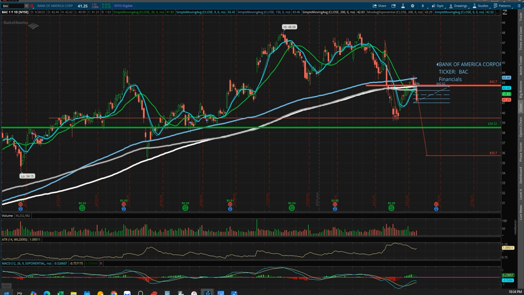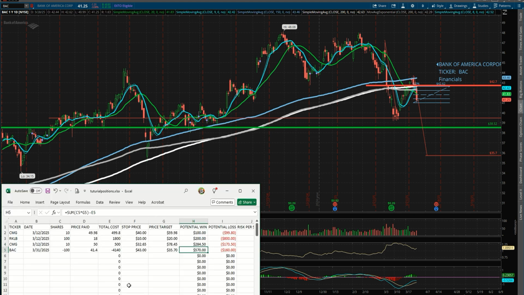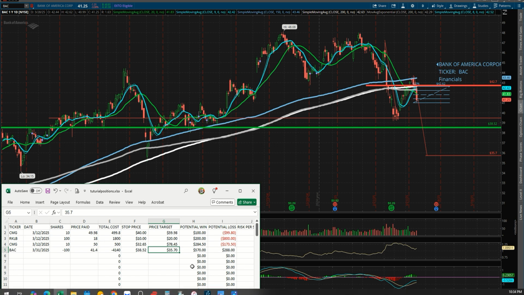Which kind of changes everything as well. If we get back to our chart and we change our stop price to 38.52, now we're looking at